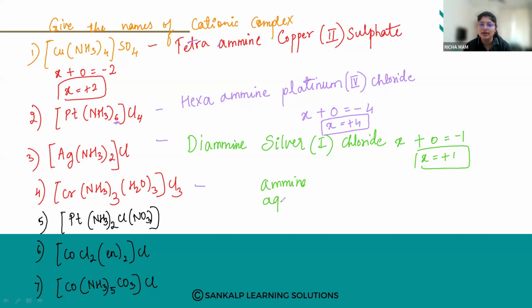Ammine or aqua? Your amine group will come first, right? So how many amine groups are there? So ammine will come first, then your aqua. Okay, so how will you write the name? How many amine groups? Tri. So triammine,